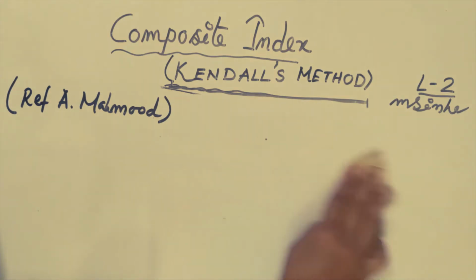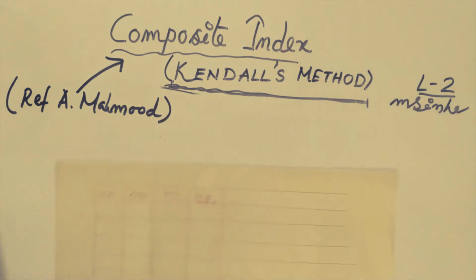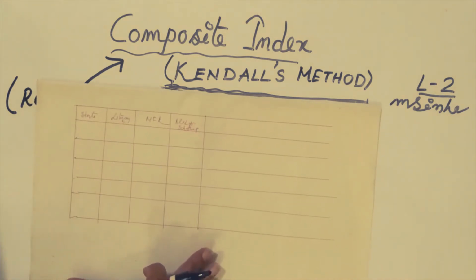Aslam Mahmood, in his book, most probably named Statistical Methods in Geography, used Kendall's ranking system, which Kendall used in his Tau correlation, and prepared the rank. On the basis of that ranking system, Aslam Mahmood calculated the composite index. This index is very helpful to identify the scenario of agricultural productivity. Even students of psychology use this kind of composite index.